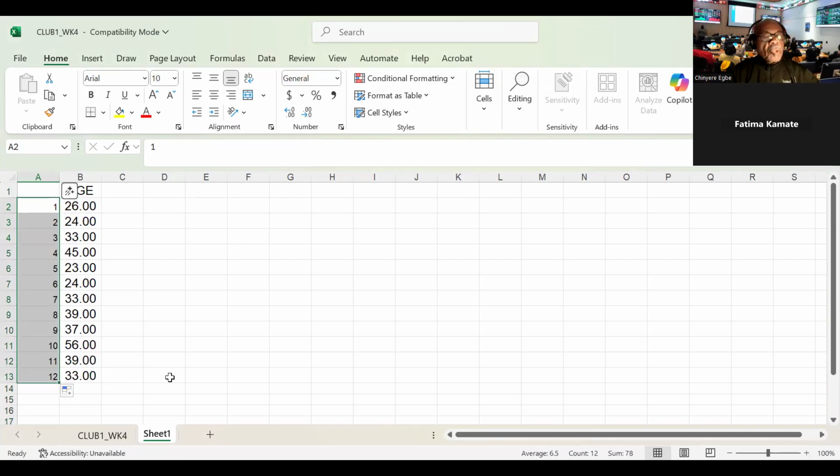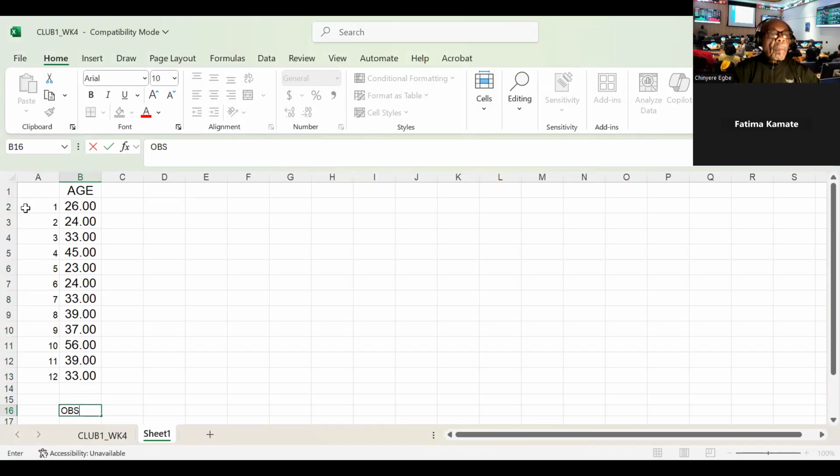All right. So how many values do we have in the sample? How many different values? 12 values. Okay, so we have 12 different observations. So in that case, we can say that n equals 12. The sample size is 12. All right, so n is equal to 12.